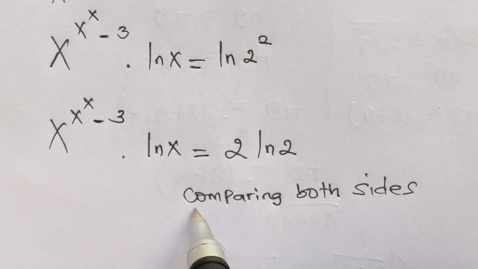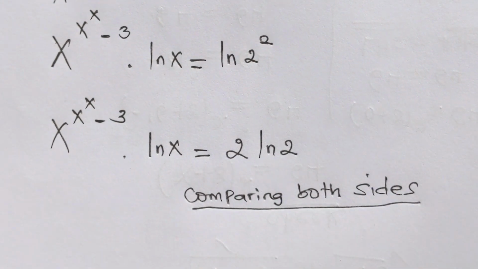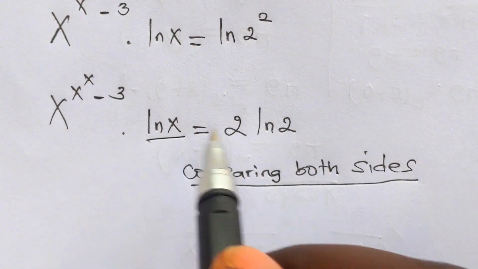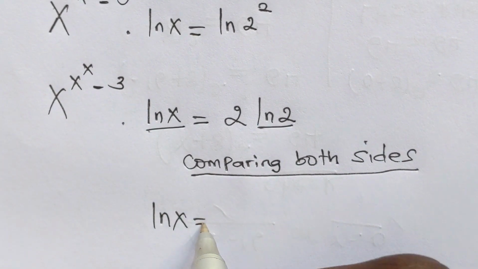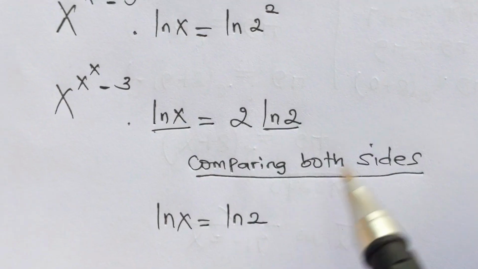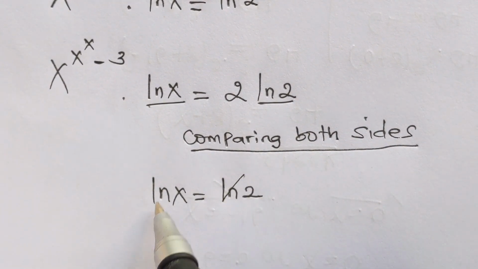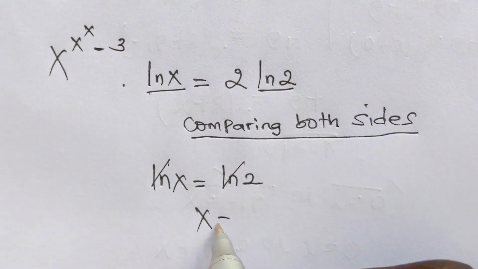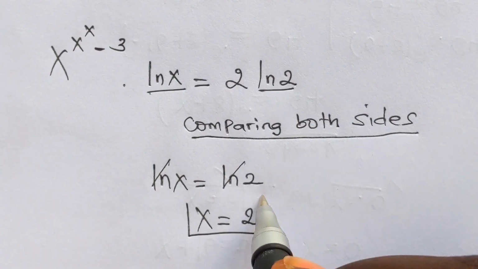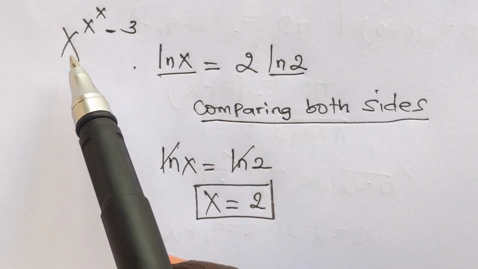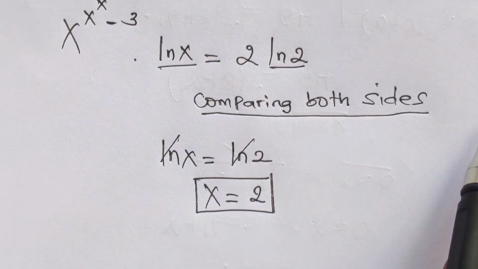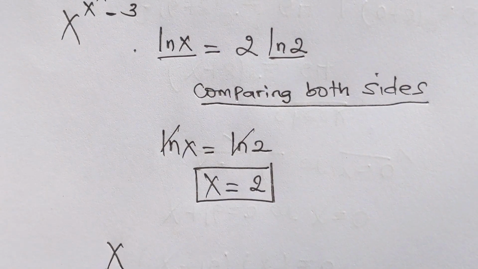what should we get? We shall get here, by comparing this one and this, ln x equals to ln of 2. By simplifying this ln, we shall get x is equal to 2. Now by replacing in above equation, we have right here where we have x power